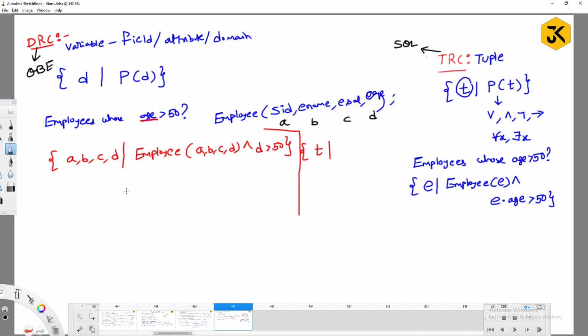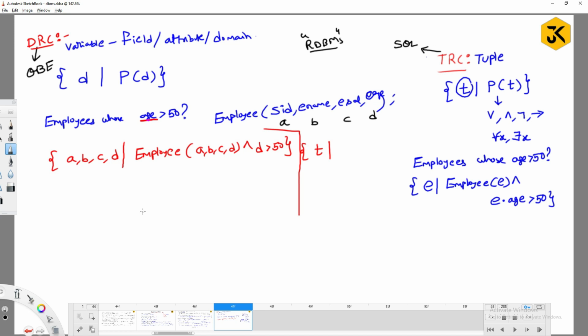These two belong to relational databases only. I think in the last class I also explained that SQL and QBE are both implemented languages for RDBMS, where TRC is the formal or base language for SQL, and DRC is the base language for QBE.